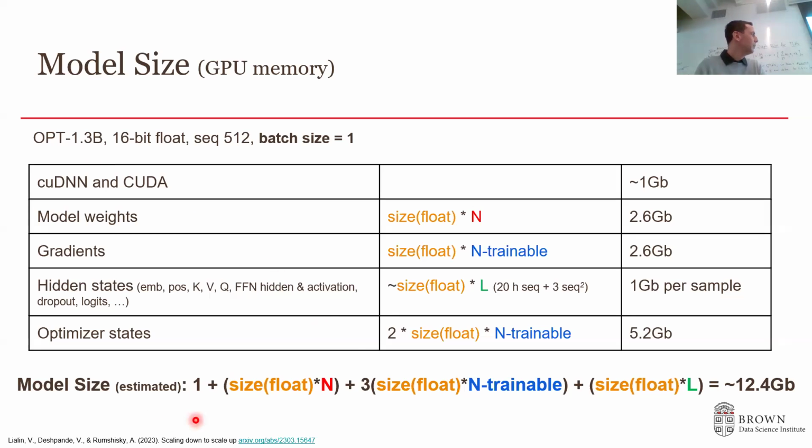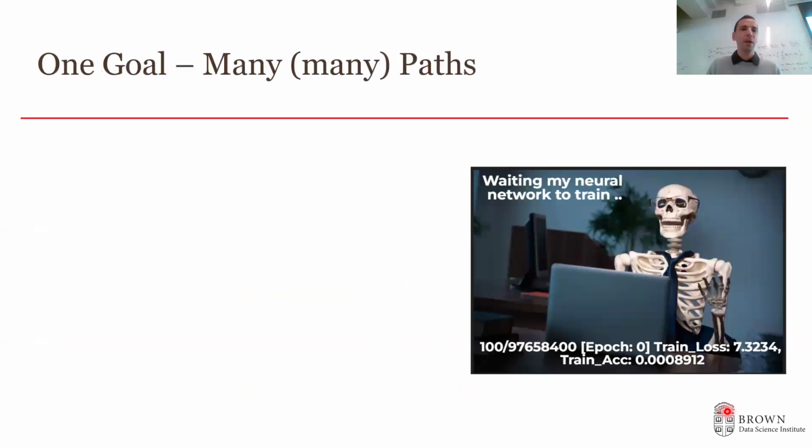So we have 4 variables here. We've got the float size, the number of parameters, the number of trainable parameters, and the length of the model, right? So keep in mind, we're going to come back to that later on. So we know our challenge. What are our solutions? So this is an introduction to the topic. I'll try to cover as many methods as possible to give you a broad picture of this space. But if you want me to focus on something more specific, please let me know.